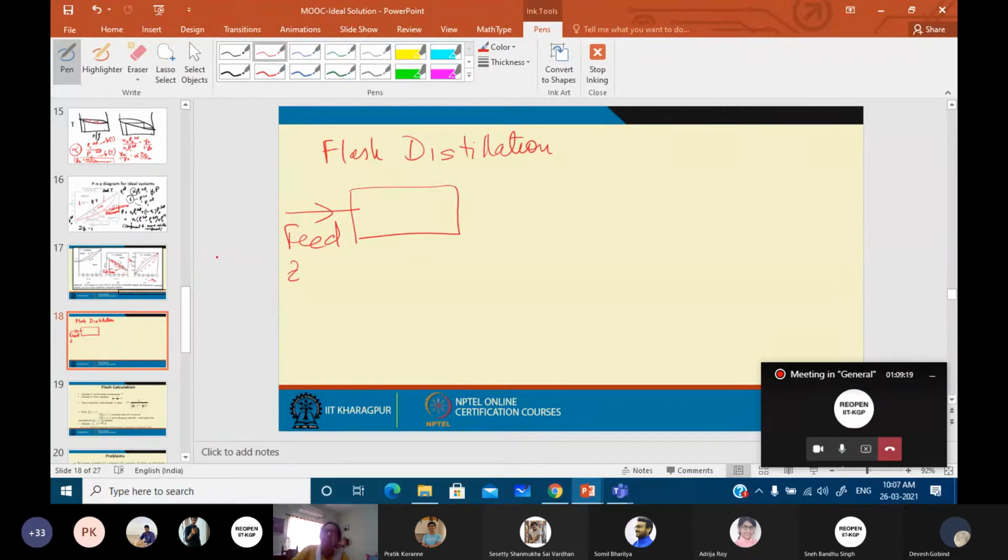Mostly it is either a superheated vapor or a subcooled liquid, or mostly, before introducing it into this column, we have a heat exchanger where we convert this particular feed into saturated conditions, so that immediately it enters the flash distillation column, there is a change of phase, right? So in the flash distillation column, we do not have to give any additional heat. We simply decrease the pressure such that a change of phase occurs, right?